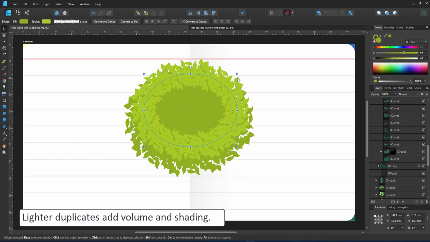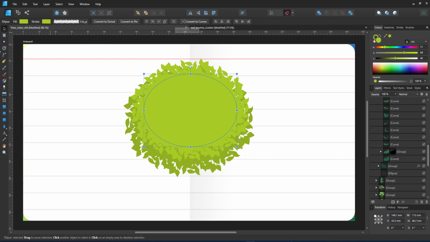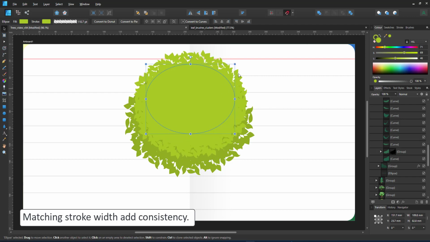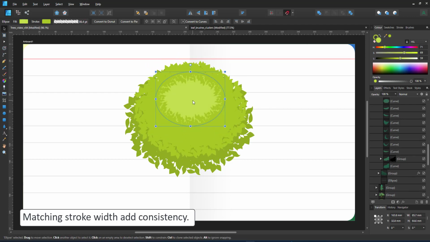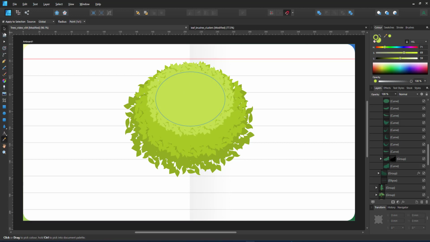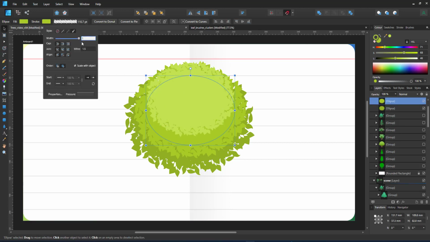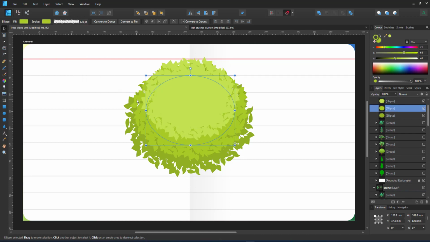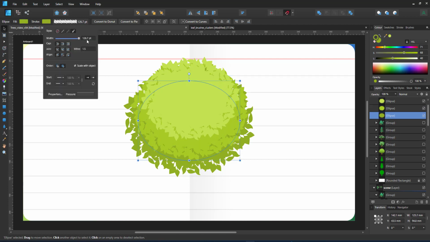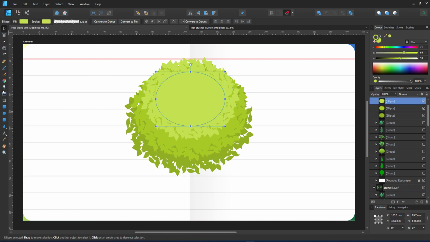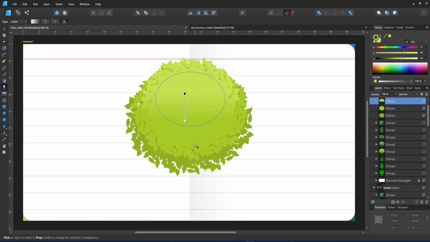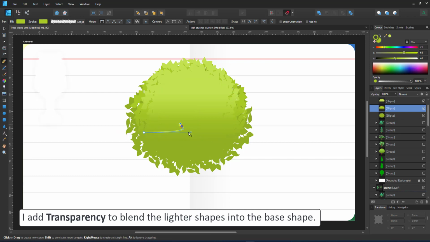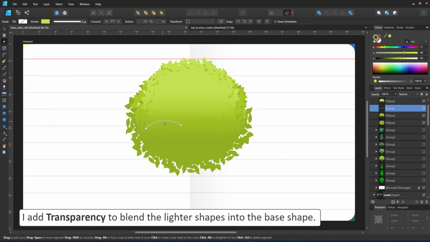I adjust the stroke color and match the fill color using the color picker. I match the stroke widths to be consistent for all 3 circles. I had the scale with object turned on, so the smaller circle has a smaller stroke. Once they are evenly sized, it looks a little bit more consistent. I add transparency to the inner two circles to blend them into the darker circle, and then add additional lines